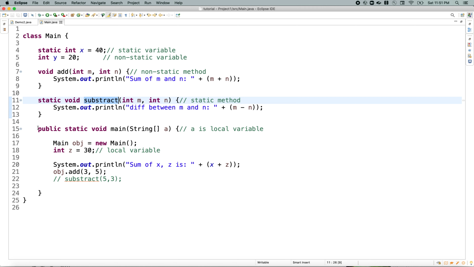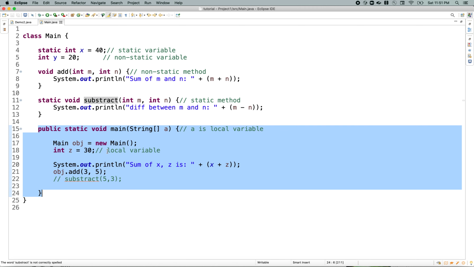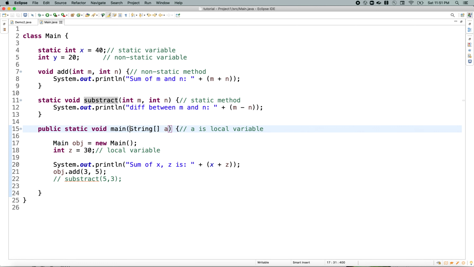Obviously we have already discussed the main method in our previous video. The main method is a static method, and the argument which it takes is of type string array. Whatever variable you define within the method, or at the argument level, will be a local variable.